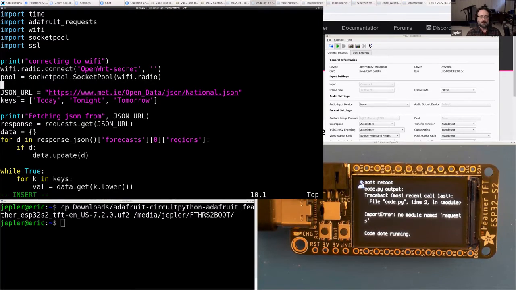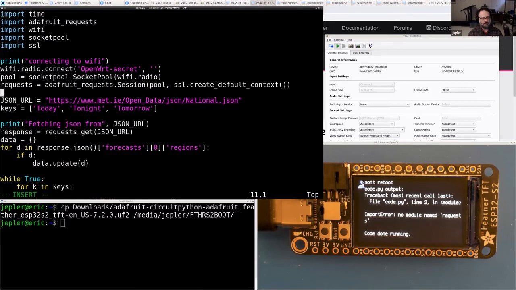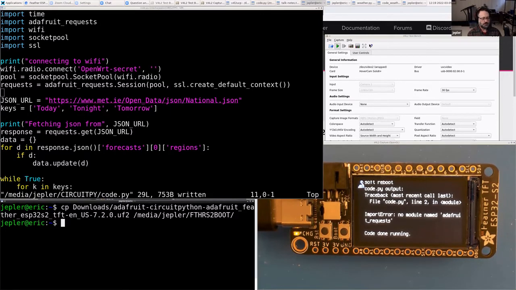prepare the socket library and then create a compatible object that works similar to the standard requests library of desktop Python. And I will write that out. And, oh, I said we had Adafruit requests, but it's not installed. It is a downloadable library, and the easiest way to install those is with circup.